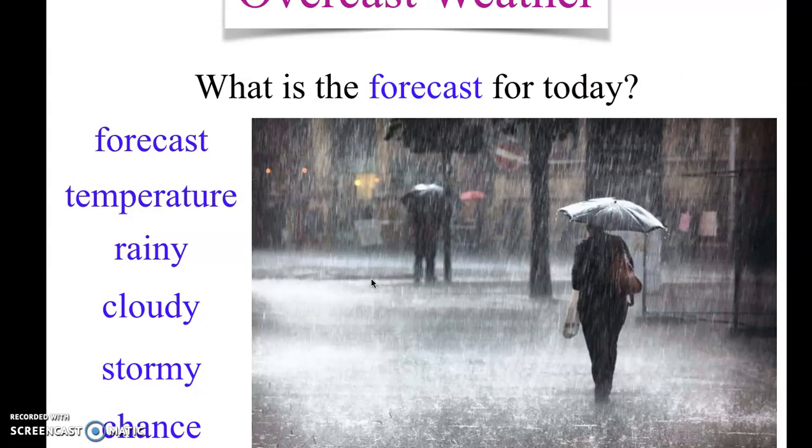Rainy, right? Like this. So in this picture, it is raining a lot, right? You can see the people with the umbrellas, right? And the street here is getting a lot of water in it. So this is a rainy day, a rainy evening. It looks like it could be nighttime.